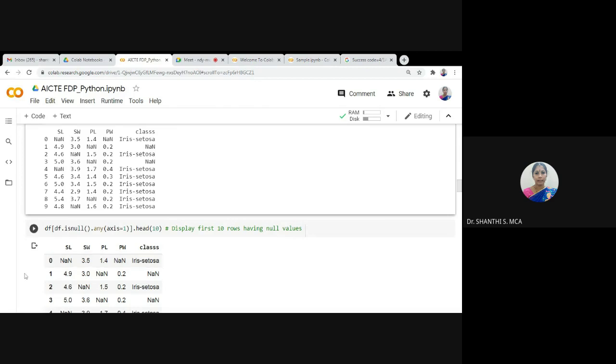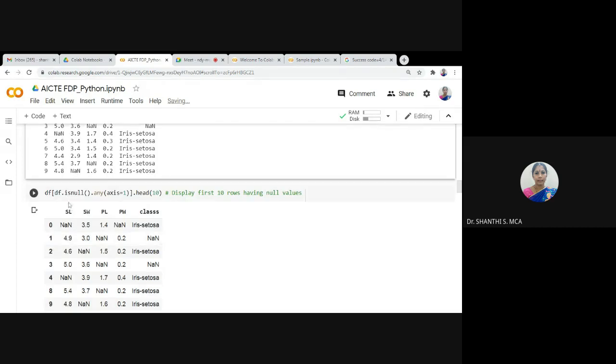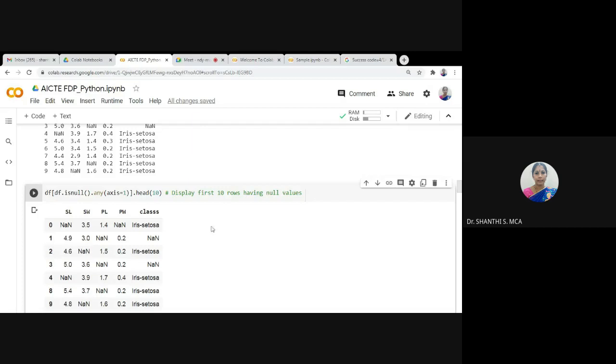Now you see another one. It also displays the first 10 records, but we want to display the first 10 records which have a null value. So here df.isnull. This isnull function is used to check whether the data frame has a null value.